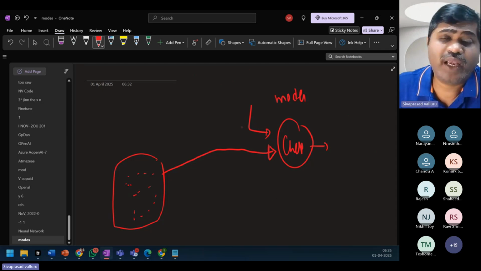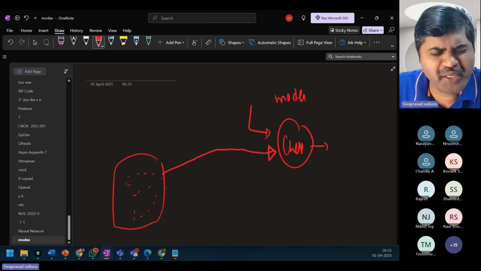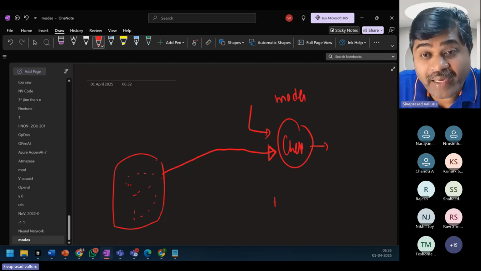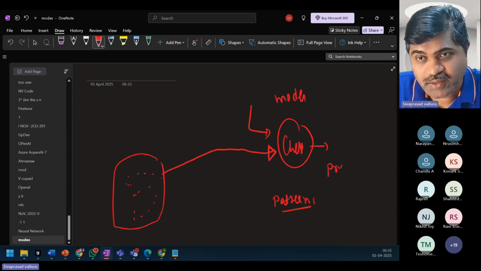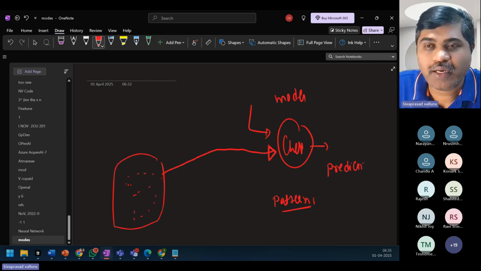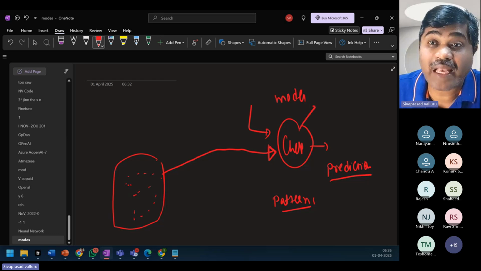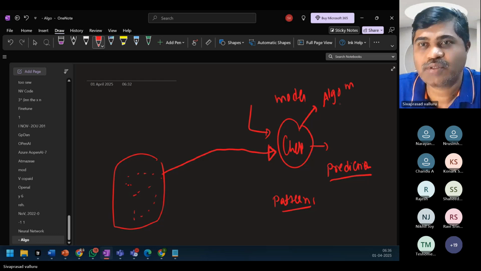So it all depends on the data you are feeding. During training, you feed huge data to this model. It will learn some patterns. Then based on the patterns it learns during training, it can do predictions, right? So how good the prediction is depends on the algorithm you are using. There are a lot of machine learning algorithms.